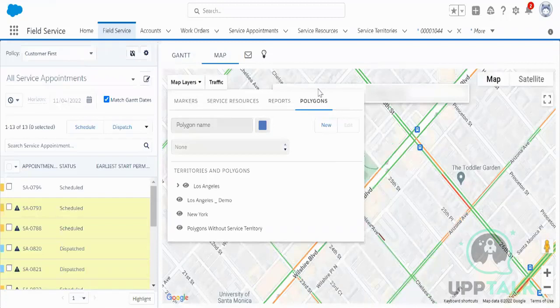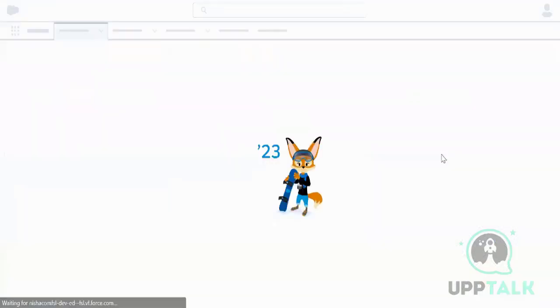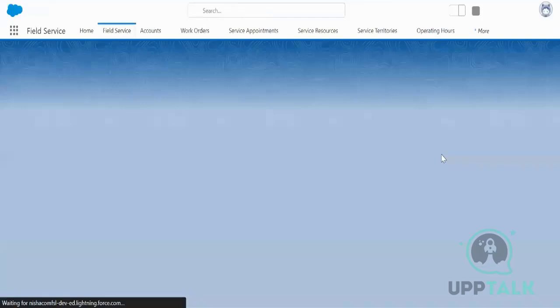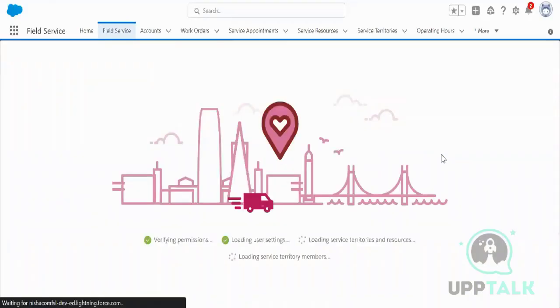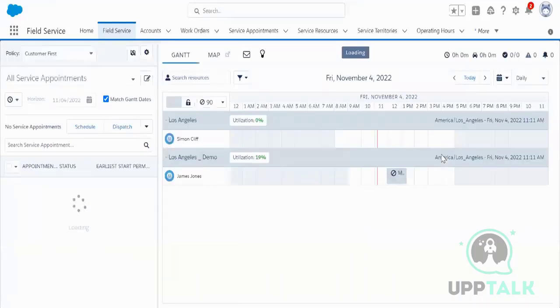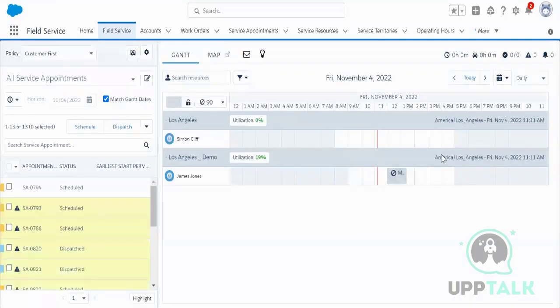Let me just refresh this one. So what is happening? Dispatcher service areas are displayed as polygons. Okay, so if they can draw their service territory, they can easily track which service territory he or she is dealing with. And the dispatcher can see